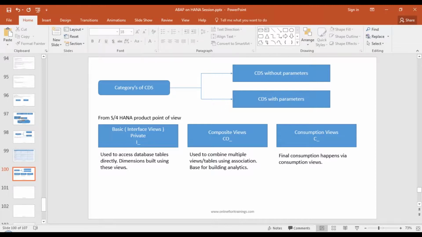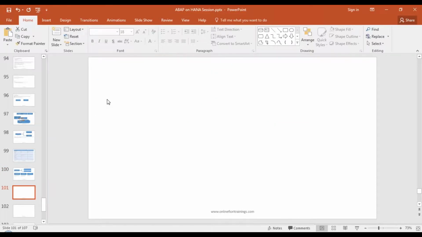So you will definitely see a big boom. You will see great demand for you if you are learning CDS views, AMDPs, ADBCs, and you know all these concepts very well. Then you will definitely see a good number of calls coming from multiple companies for your resume. So you can go ahead and include SAP S4HANA work with CDS views in your resume. We will see some good examples also in upcoming chapters.